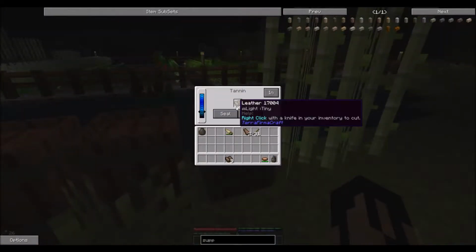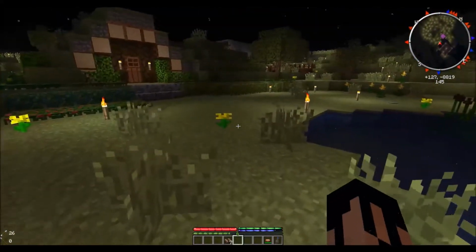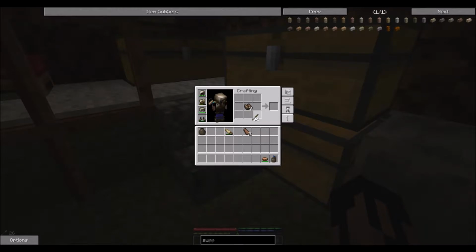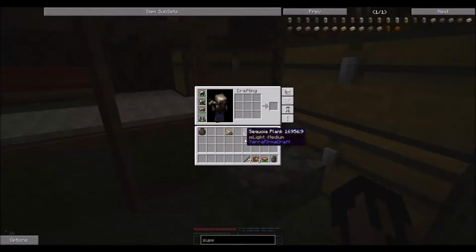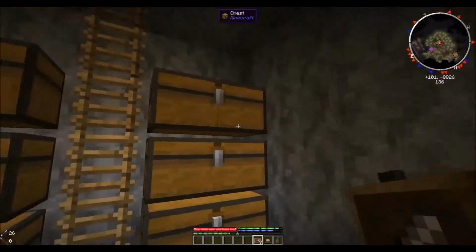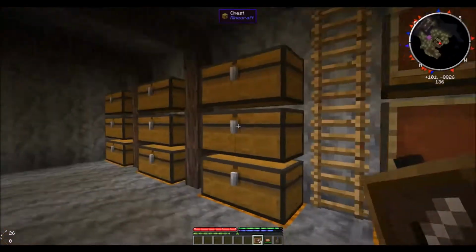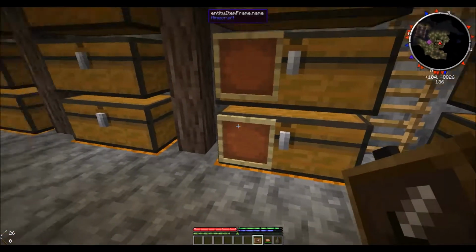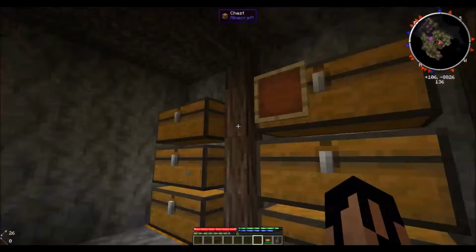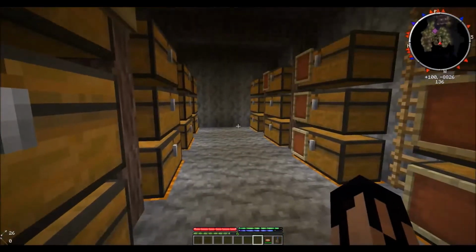Let's see what we have here. Okay, only 2 more. But we can use that in combination with some sticks, of which we have many. I much prefer item frames to signs. So okay, I am going to move some stuff downstairs here. Actually,